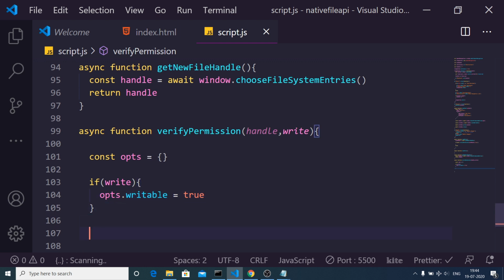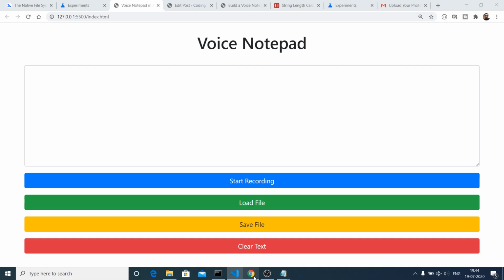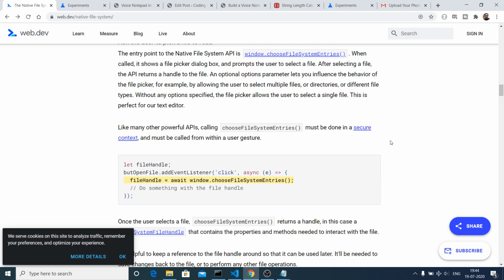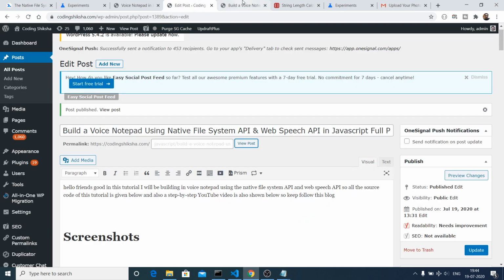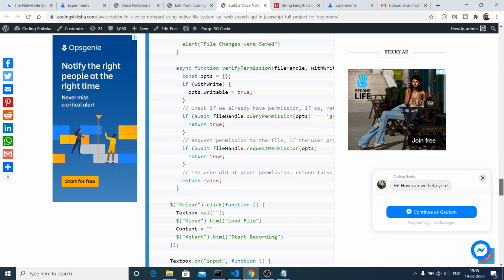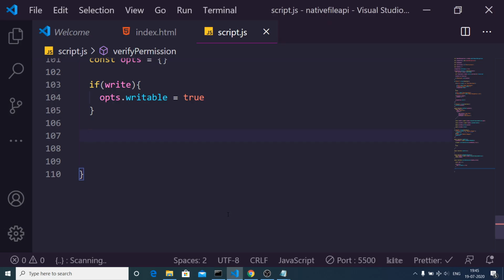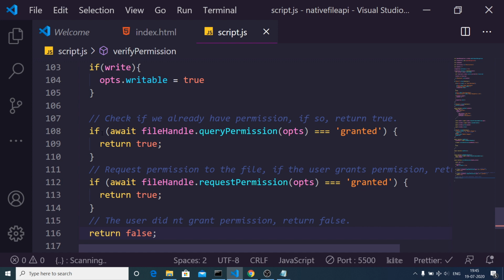After this, guys, we need to check. For checking, I will just copy paste the code. This is pretty simple. I will go back to my blog, where I have written this function. You can see the code here. Let me paste it. Basically it is first of all checking whether the user has granted the permissions or not.